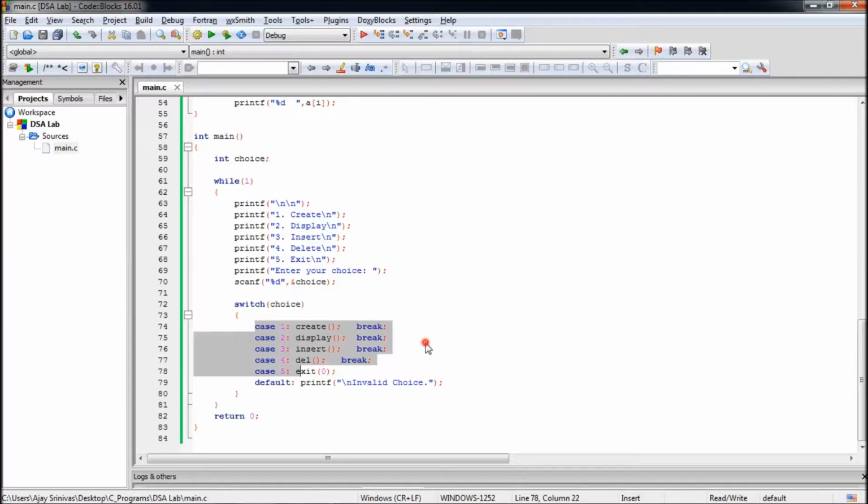So we have different cases here. If the user gives the choice 1, then it's for create, right? So we call the create function, and 2 is for display, 3 is for insert, 4 is to delete, 5 is to exit. Exit is an inbuilt function that will terminate the program completely. And just in case the user enters any invalid input like 7 or 8, then we say invalid choice,